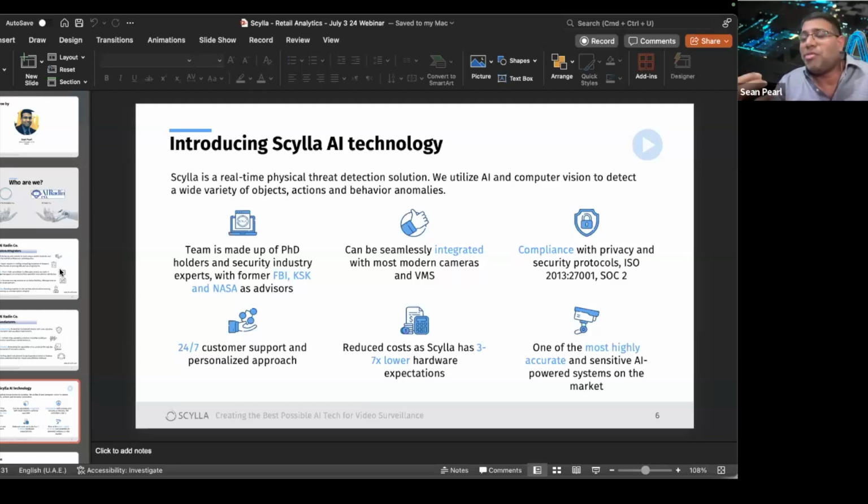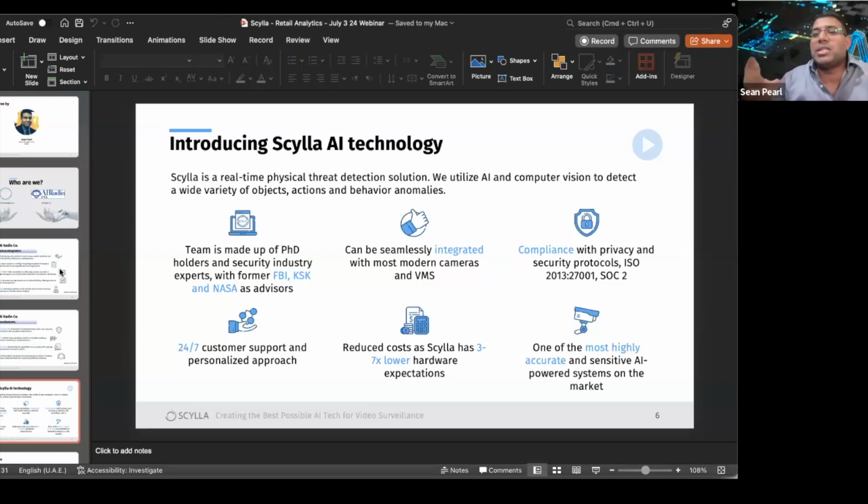They are faced with so many challenging environments that you can't just proceed with regular security. There's so much more that you need to cater to, and that is exactly what is achieved with the implementation of video analytics. So what Scylla actually offers, I'll tell you more about the solutions as we progress. But what Scylla offers is a layer of intelligence that is sitting on top of your existing CCTV cameras. You can consider it as adding a brain to your camera.